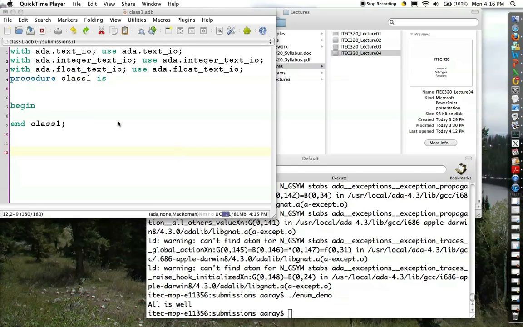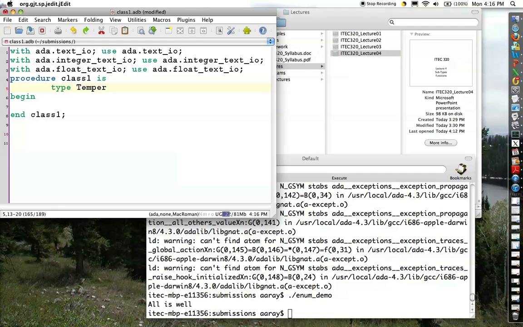Ada mini lecture is going to deal with creating your own types in Ada and looking at enumerated types. Now, one of the unique features of Ada is its own type system. So, for example, if I wanted to have a type solely for storing temperatures and my range went from 32 degrees to say 212 degrees, I could create this in Ada, and then I could create a variable of type temperature, say x of temperature,